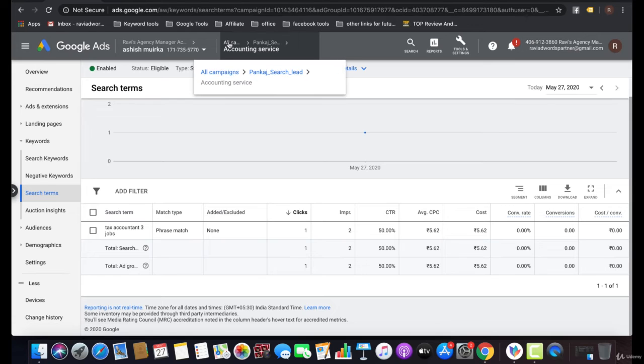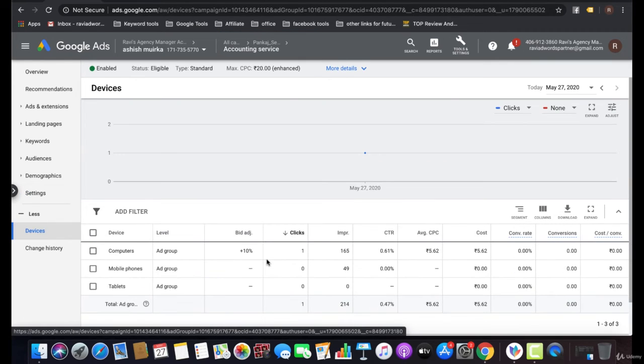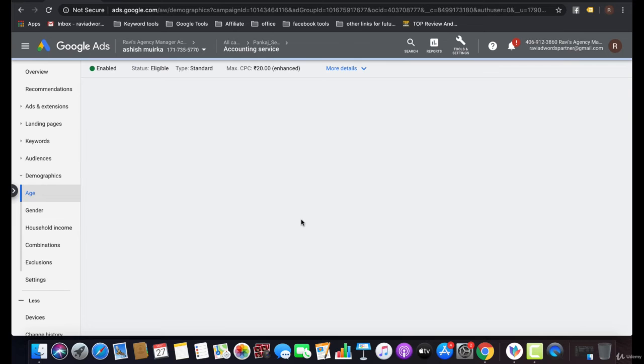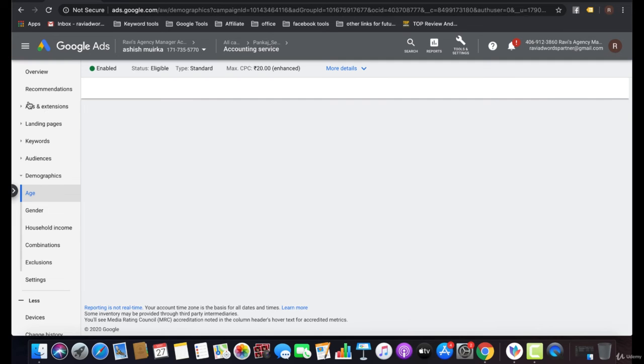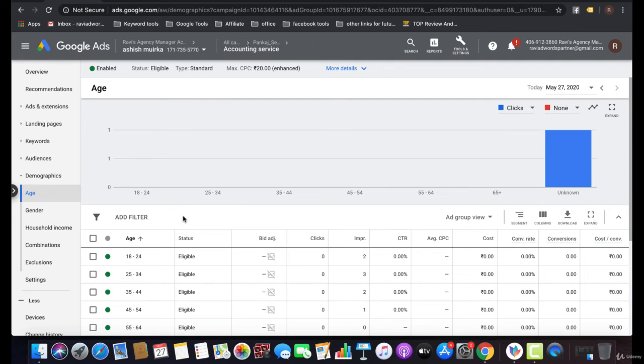You can check the devices as well, like which devices are not getting good conversions, and you can check the demographic level, like which type of audience is converting and which type of audience is clicking on your ad. You can optimize that as well.